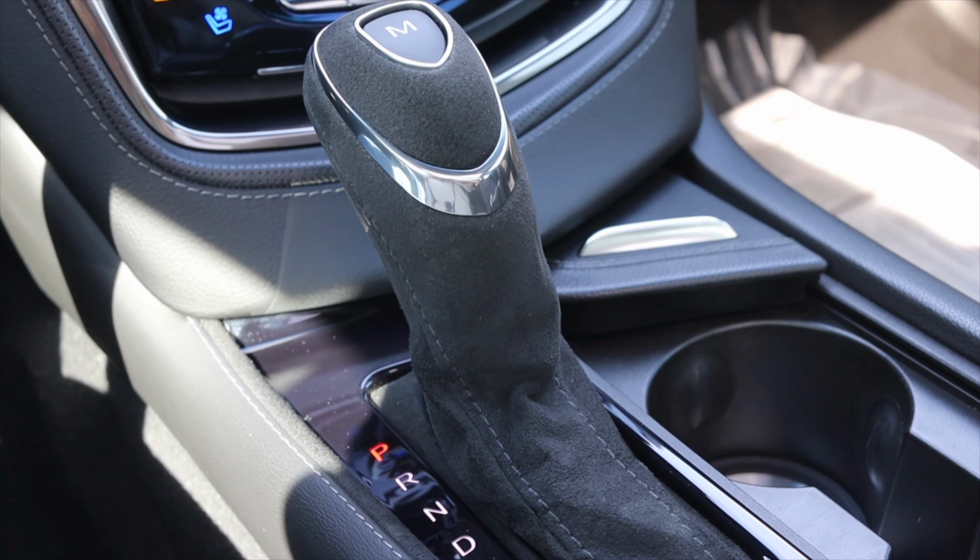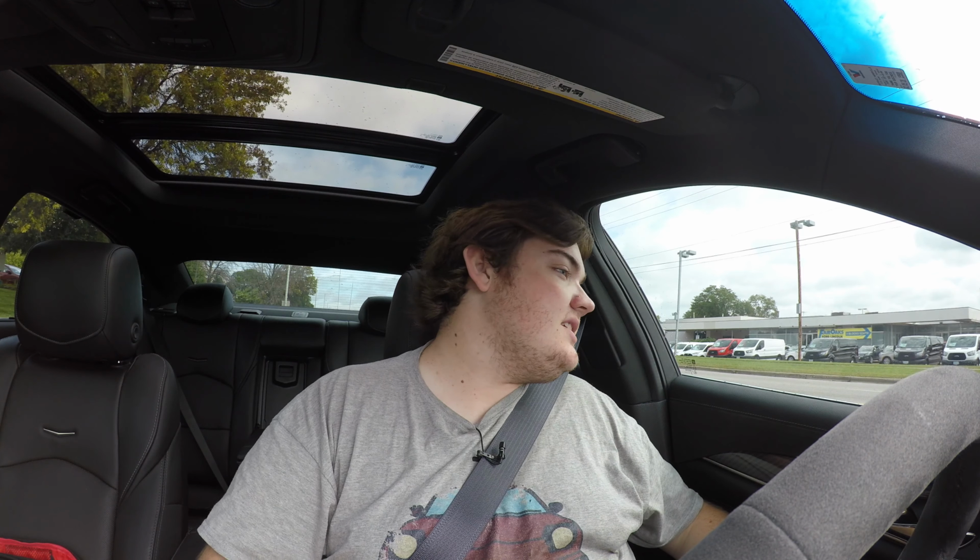Like I said, paired to it is an automatic transmission. Of course, a car like this, I wish that it was manual. I really wish. But that being said, this one isn't, and so I can't knock it too hard. I do have paddle shifters. I do have manual mode, but other than that. Last but not least, it is the rear-wheel drive version. They do make an all-wheel drive, but this is the rear wheel, so...